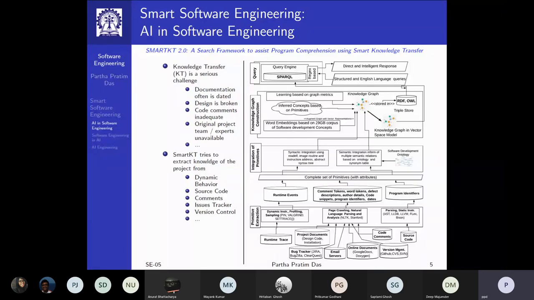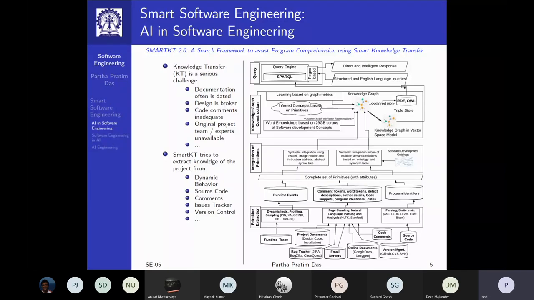This is kind of like how Google looks at millions of documents and makes knowledge graphs based on different keywords. Here you are making a knowledge graph for an overall software project, and then you put a smart query engine using some languages called SPARQL and so on. Smart query engine, boom, where the programmer can ask questions and get answers without actually going through the code and the debugger and all that. So that's the vision, and the prototype of the system is already built. It is getting published, and we are working on refinement.